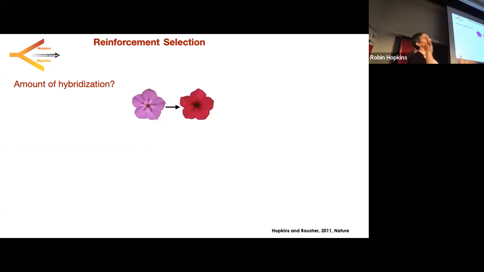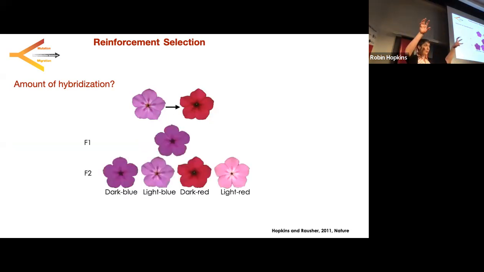So before I tell you the answer, we're going to dive a little bit into what this flower color change is. So these two flower colors are made from producing anthocyanin pigments. These are floral pigments made in many, many different kinds of plants and flowers. And what we notice is that the difference between these two is both the amount of pigment made and the types of pigment made. So if we cross the two within species differences, we can make a hybrid F1 that produces a lot of pigment and is kind of this purpley dark blue color.